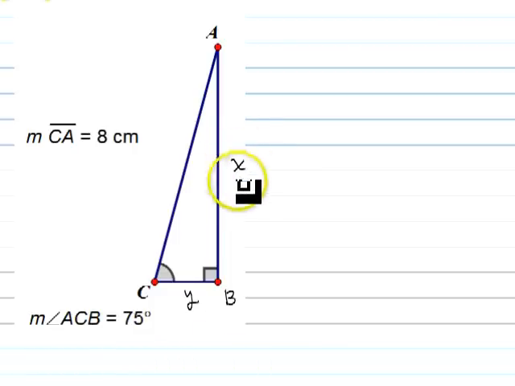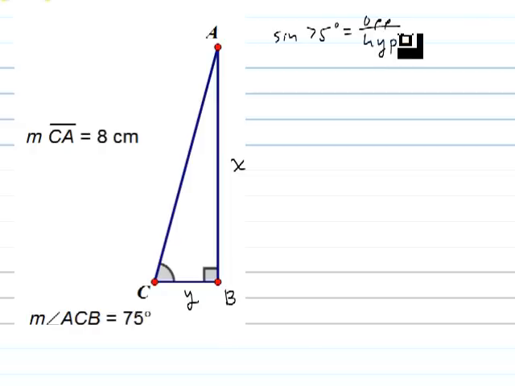So if I want to figure out what x is, I'm going to use the property that sine of an angle, which in this case is 75 degrees, is equal to the opposite side over the hypotenuse. There are going to be other tutorials that describe this right triangle trigonometry in more detail. This is just a review. The opposite is x, the hypotenuse is 8. So if I multiply both sides by 8, I learn that x is equal to 8 times sine of 75 degrees. If I go over to my calculator,